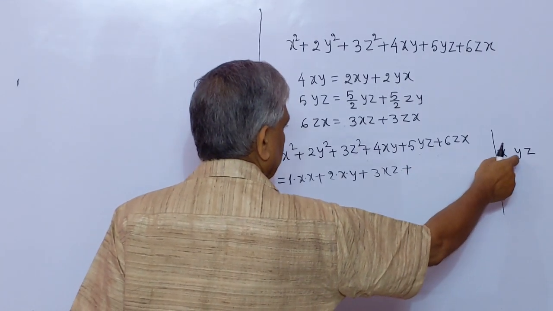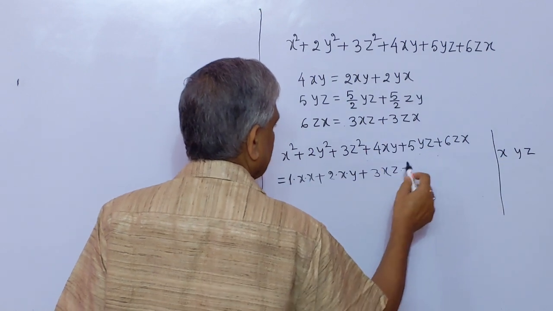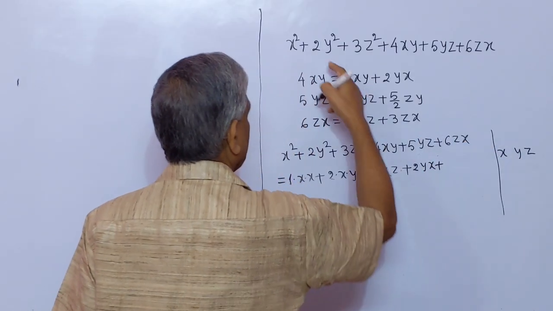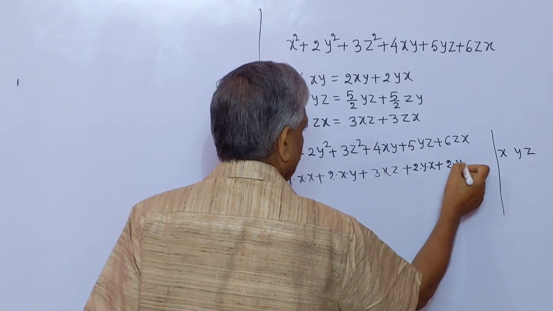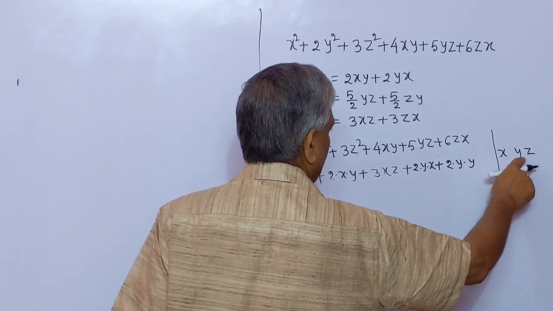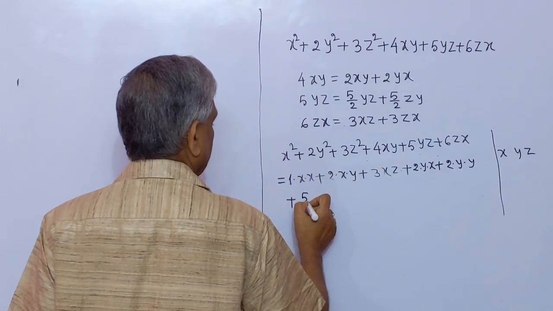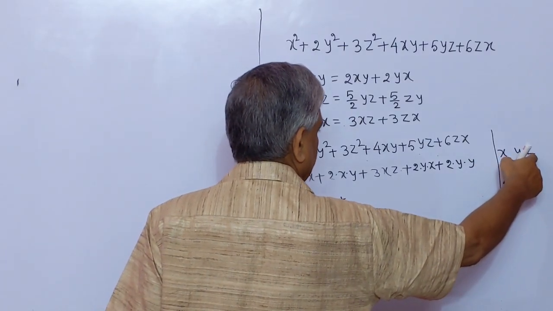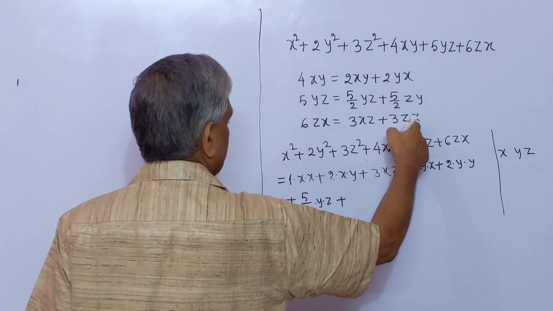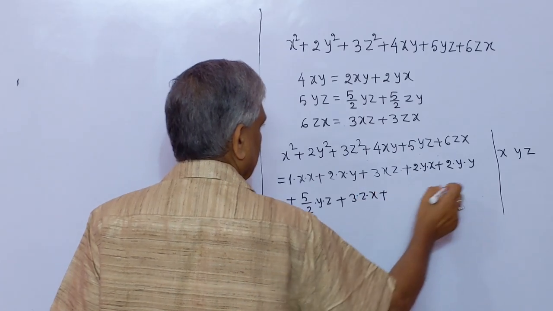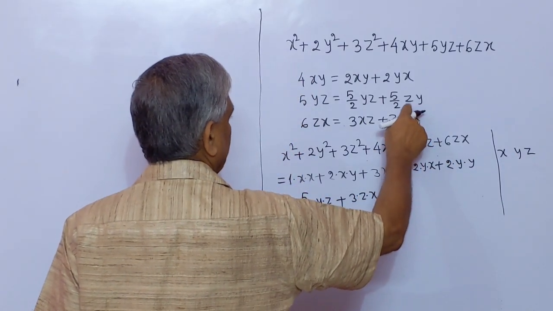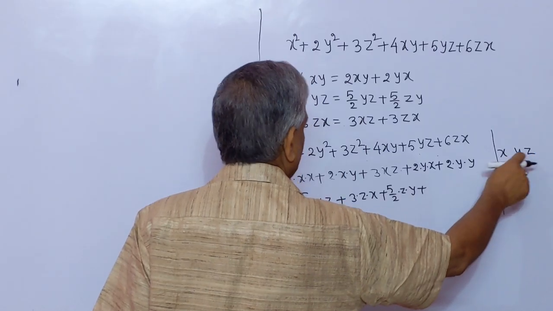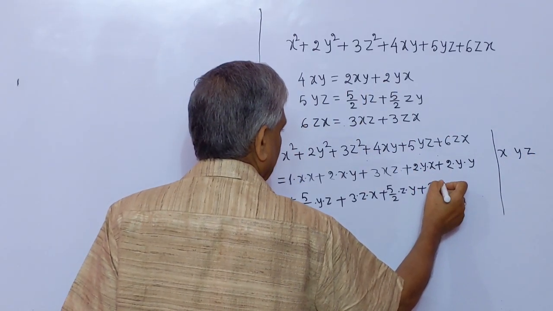Then now we start with y: yx, here plus 2yx, then yy, here 2 multiply yy, plus then yz, here 5 by 2 yz, plus now we start with zx, 3 multiply z multiply x, then zy plus 5 by 2 z multiply y, then zz, here 3 multiply z multiply z,